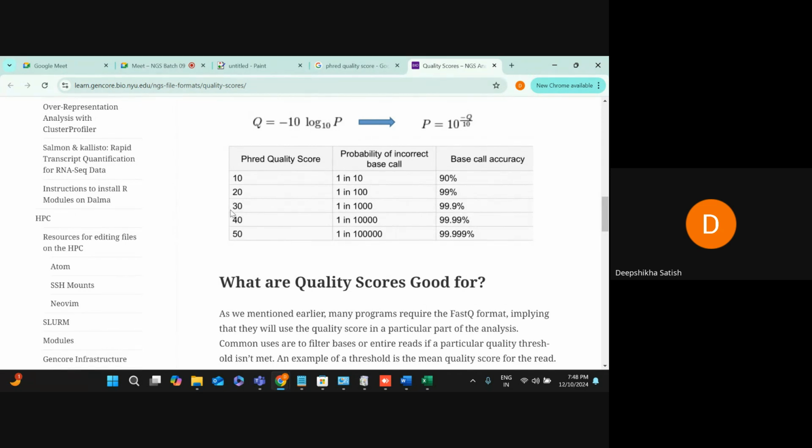So we are putting the Phred quality score cutoff as equal to 30 or more than 30. Why more than 30? Because if you increase the Phred quality score beyond 30, moving to 40, 50, the base call accuracy is 99.99. Can you see? None of them is giving you 100% base call accuracy, right? So that is why we are taking the Phred quality score cutoff as